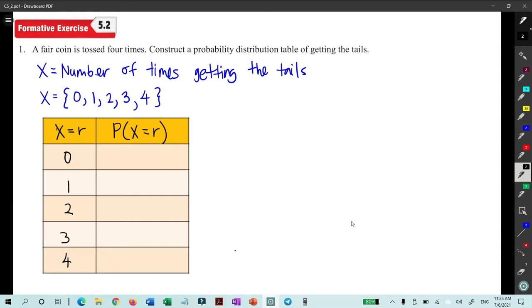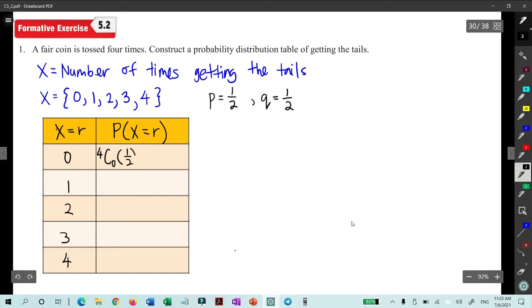So let's start with 4C0. The probability of getting a tail is 1/2, and the probability of not getting a tail is also 1/2. So 1/2 to the power of 0 multiplied by 1/2 to the power of 4 minus 0,